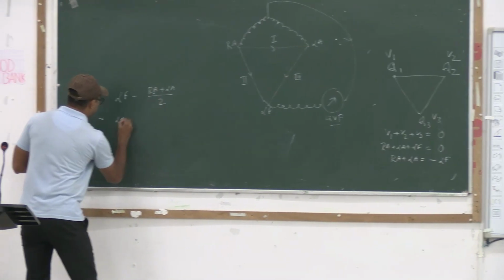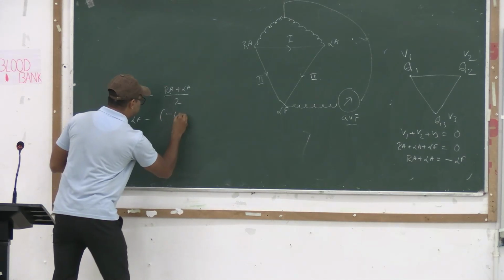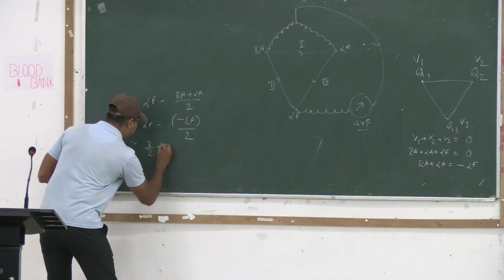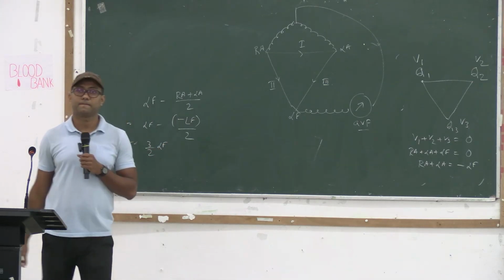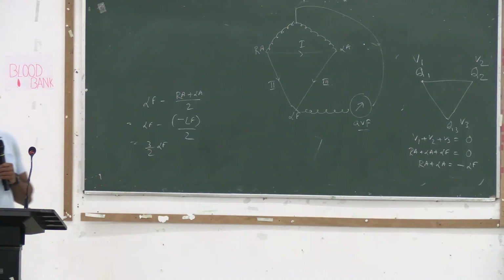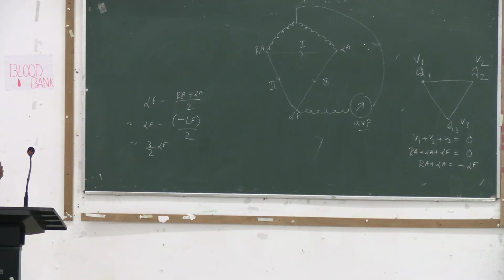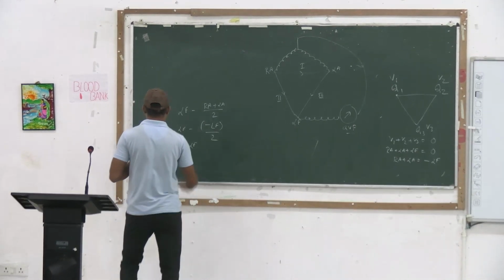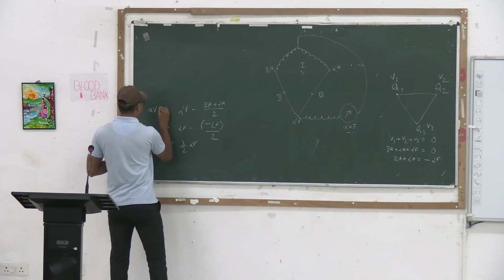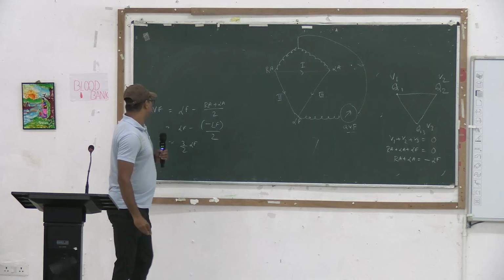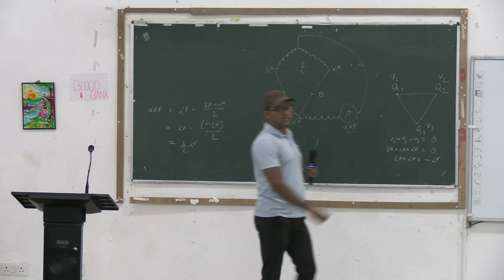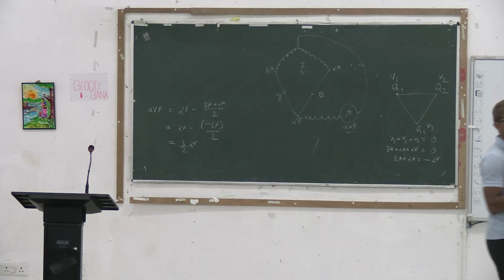So LF minus RA plus LA by 2 gives AVF. Clear or not? Are the steps clear? Okay, so AVF